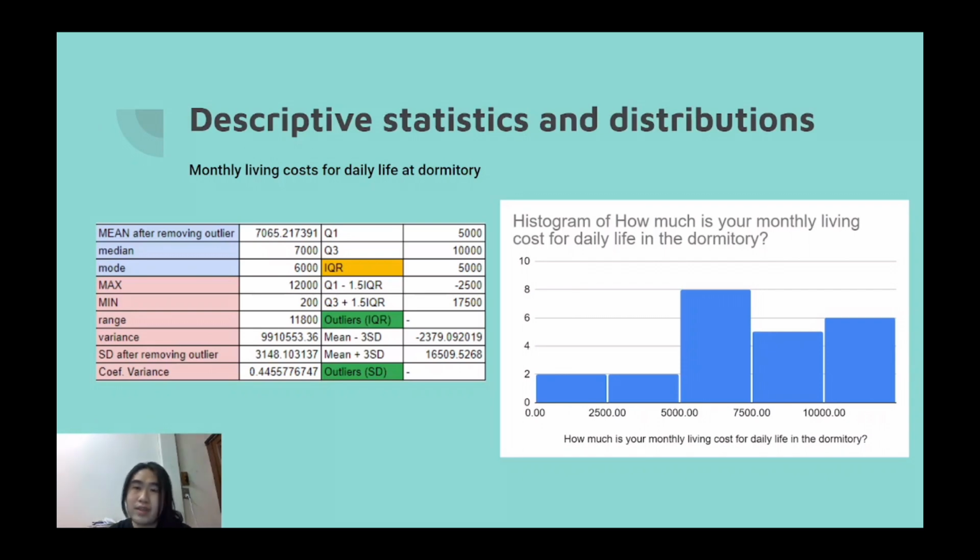From the histogram, there is no outlier in this sample, so we can calculate the mean and standard deviation from our data without removing any of it. The mean of this data is 7065.21